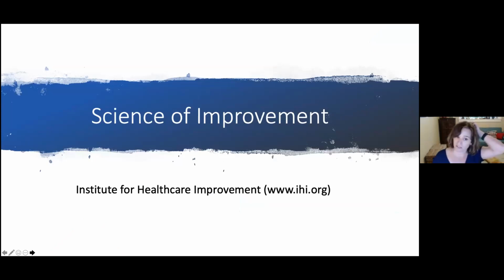So now let me talk about the science of improvement. Talked about this briefly in the 101 on change management models. In the world of healthcare, the Institute for Healthcare Improvement has done a lot of work to develop tools, develop trainings, and educate the healthcare workforce around the science of improvement and their PDSA cycles, which we're going to talk about in a little bit.